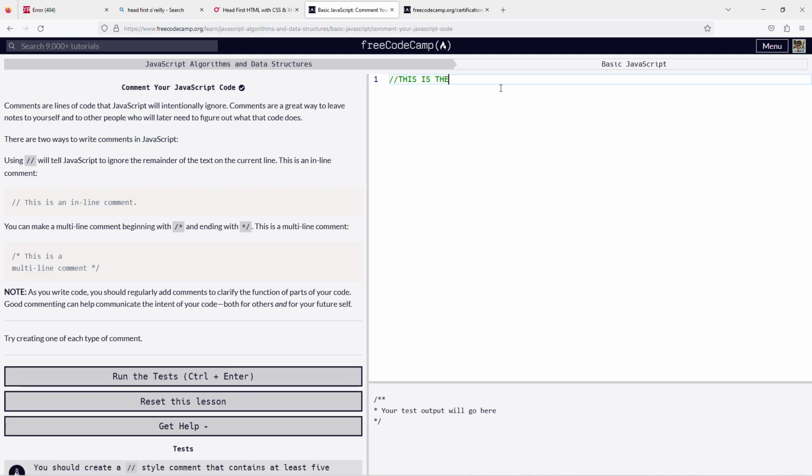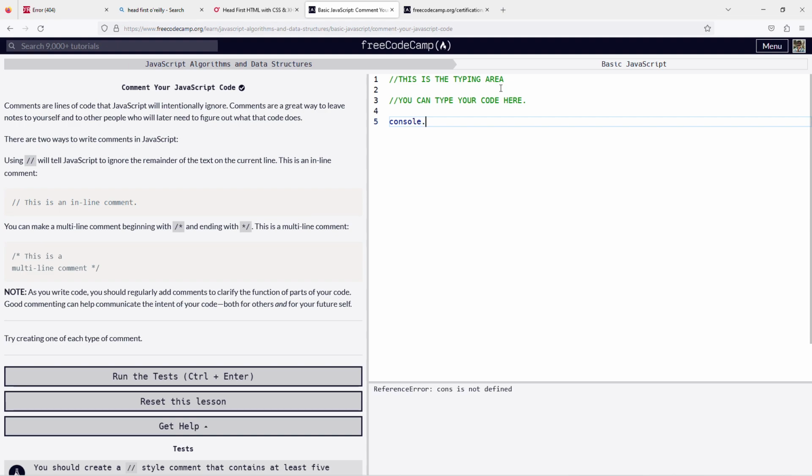So this is the typing area. You can type your code here. For example, there's something called console log in JavaScript. We'll talk about it later. Well, I'll talk about it right now. So console log is a way to put some simple messages